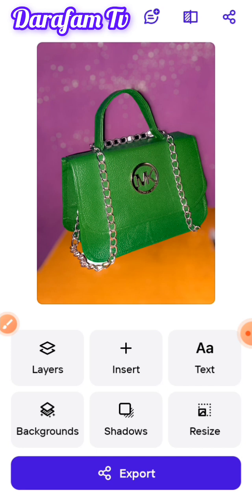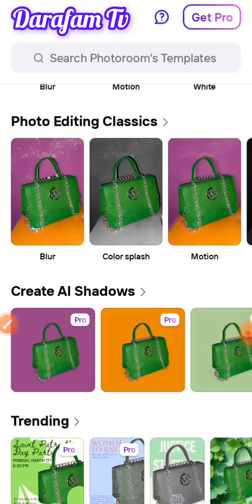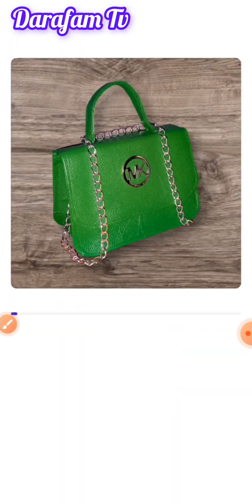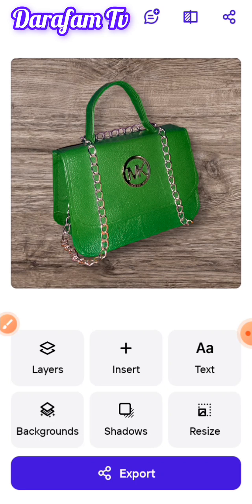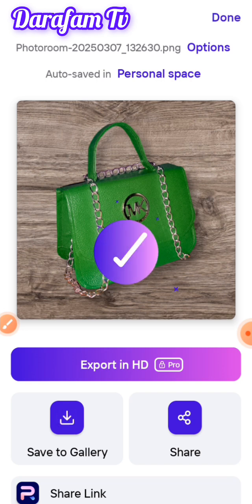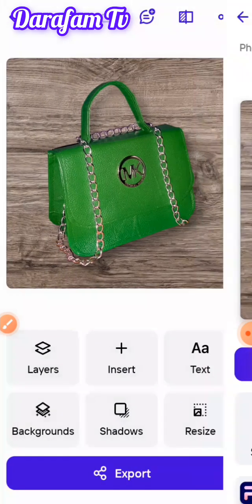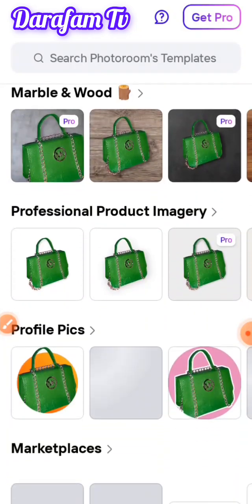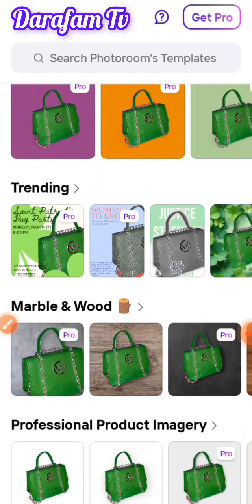So that is just it. You just choose any background that you need here. A lot of backgrounds here, and as you're checking it, let me just export this one first. Okay, so as you're doing that, as you're moving, you come across